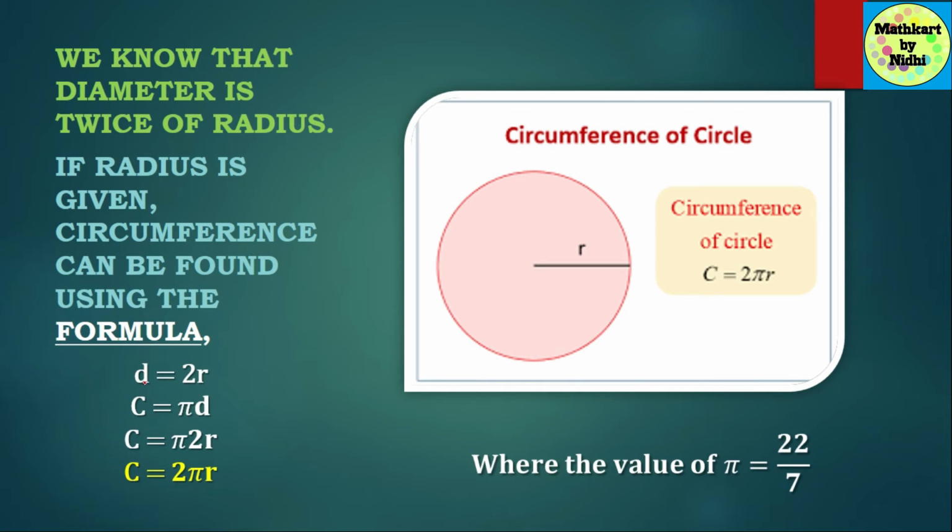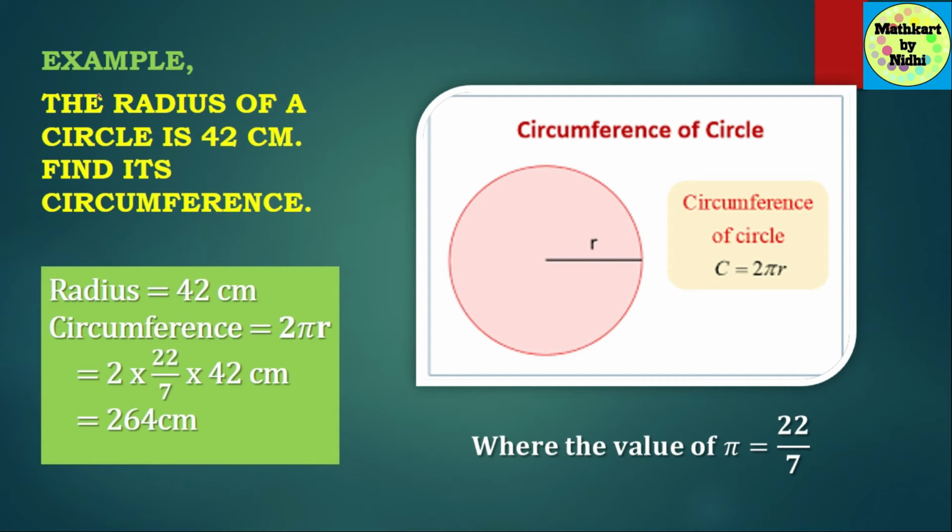So we know that diameter is equal to 2r. That means diameter is double of radius. 2 multiplied by r can be written as 2r. So the circumference formula that we already know is pi d. So instead of d, we can put 2r, because diameter is just double of radius. As it is prescribed in mathematics that whenever we have a numerical value, it will always come in the front. So that's why the formula has become 2 pi. Circumference is equal to 2 pi r. And the value of pi will remain the same, that is 22/7, or you can use 3.14 as well.